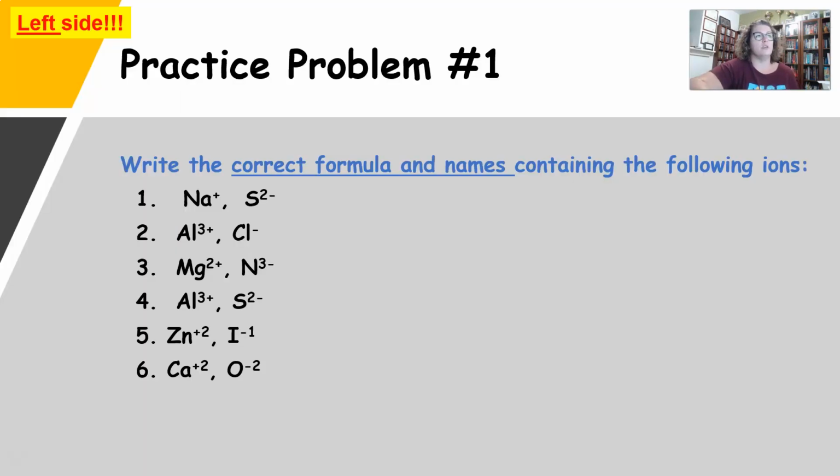So first what we're going to do, this time I left the symbols and the charges on it. Normally you guys would be looking up the charges for yourself. Okay? So sodium +1, sulfur -2. So we're going to write the formulas and the names. +1 and -2, and usually we write the ones. +1 and -2 doesn't equal 0, so we're just going to crisscross, bring the 2 over, bring the 1 over,